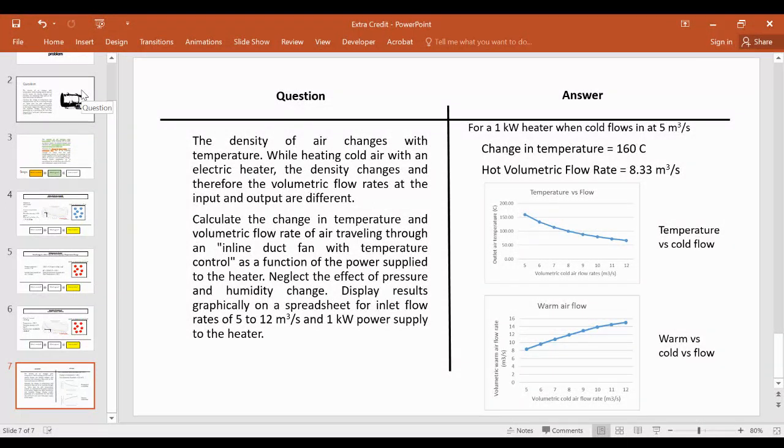So you see, if you push in 5 meters cube per second of cold air and heat it up, the temperature goes up. If you push in a great deal more cold air with the same heating source, right? Now the temperature is not going to go quite so high. It will still go up, but less so. And the graph reflects this case. And the same thing with the